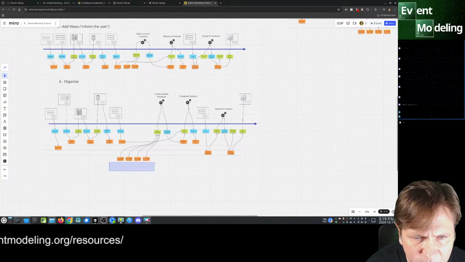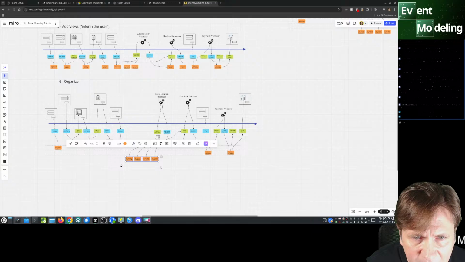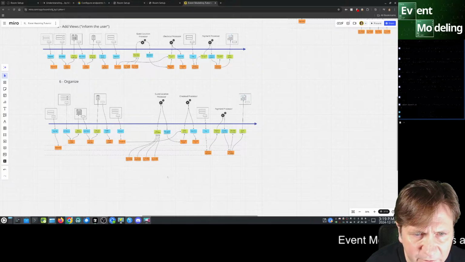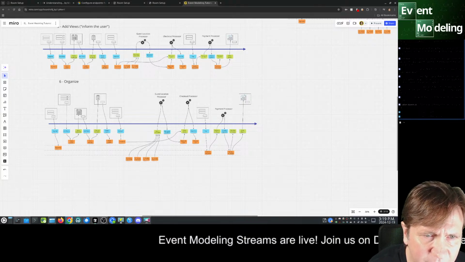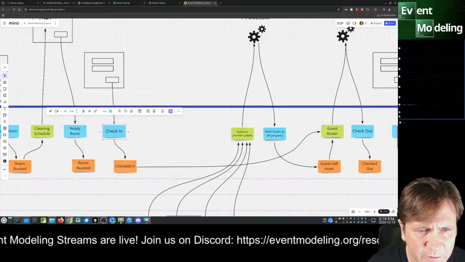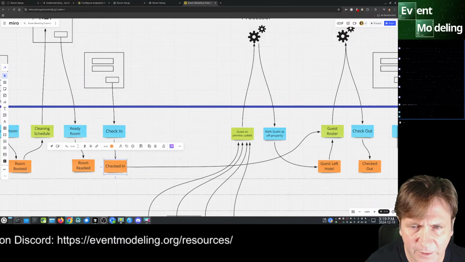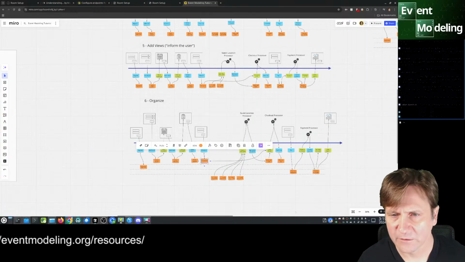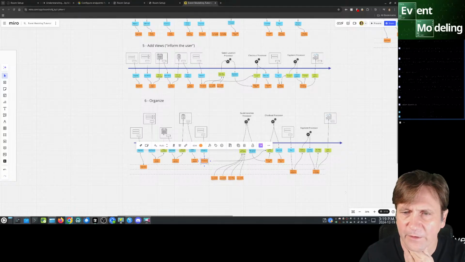I want to move these just a little bit, just so I have them as a complete graphic. Maybe I'll move this a little bit over, because I'm going to use this as a way to kind of capture the specification here.